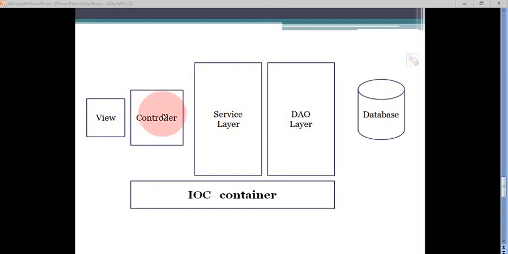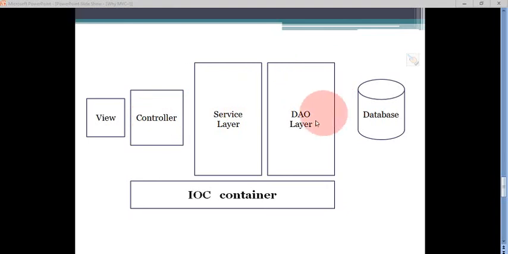Now the controller needs many services, like transaction services, email services, or any other services. All those services will run in this service layer. So if any services are required by the controller, it can get them from this service layer.